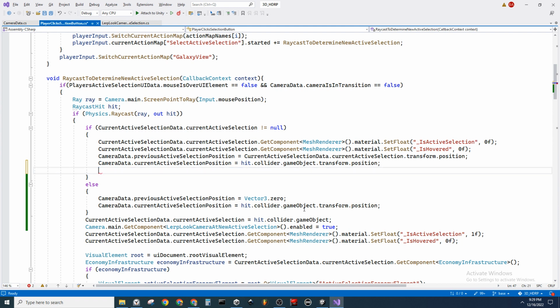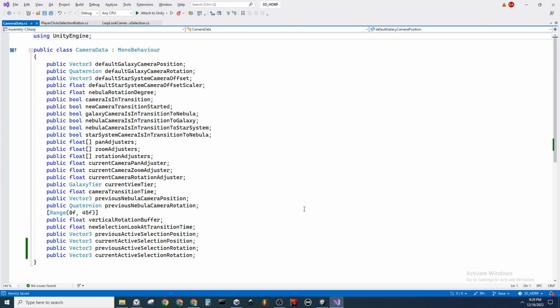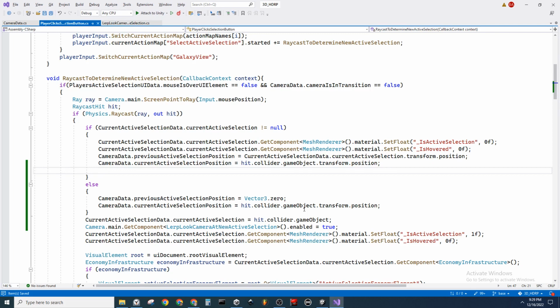Oh, and actually, I don't like that name for it, to be honest with you. More accurate, it would be like starting camera rotation to target camera rotation is more accurate. So go in here, we say